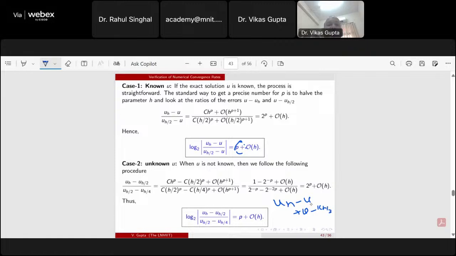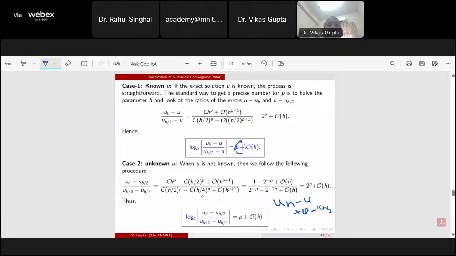So uh minus u gives you c h to the power p plus order of h to the power p plus 1, and u minus uh by 2 gives you minus c (h by 2) to the power p. So ultimately you are getting this equation: c h to the power p minus c (h by 2) to the power p plus order of h to the power p plus 1, and the same in the denominator term: c (h by 2) to the power p minus c (h by 4) to the power p